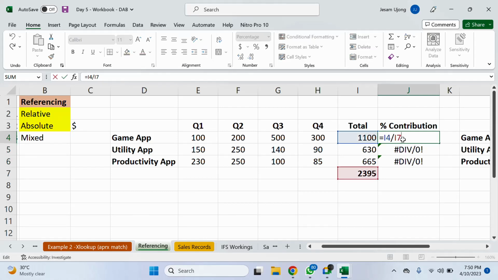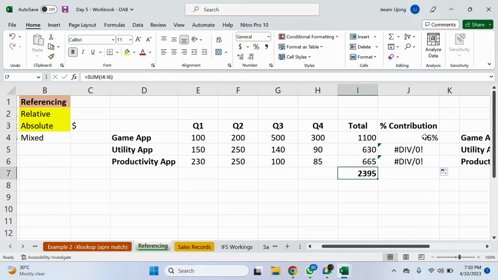Why do we see errors? Now this is 1100 divided by the grand total, right? Cool. That gives us the percentage contribution of the game app. When we drag down, we see that for the utility app, the total moved to I8. And same thing happened here: we dragged it down, productivity app, and the total moved to I9. But here is where our grand total is, and we want it fixed here. That is where